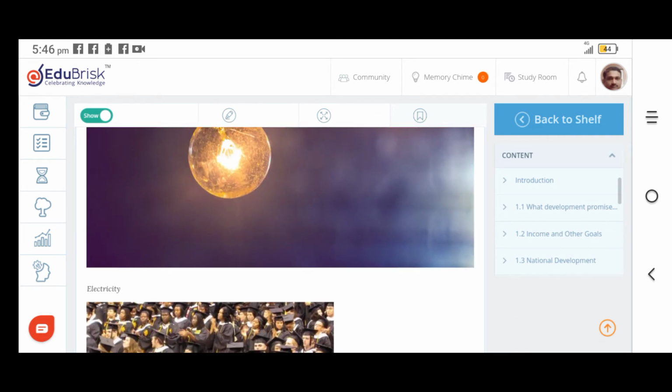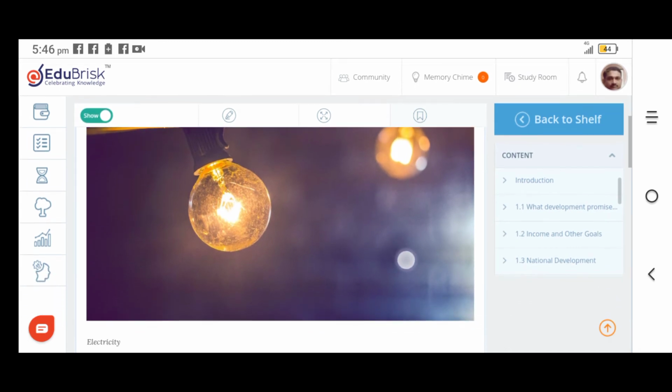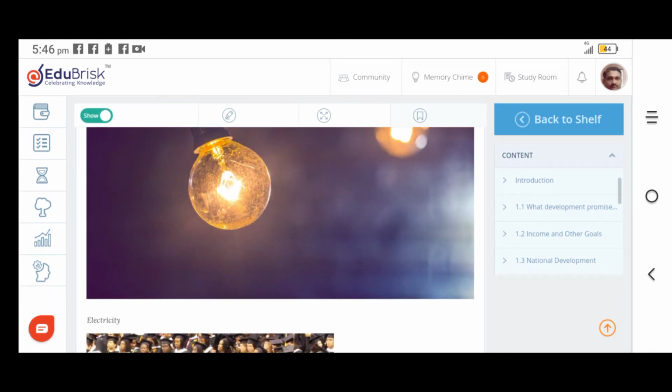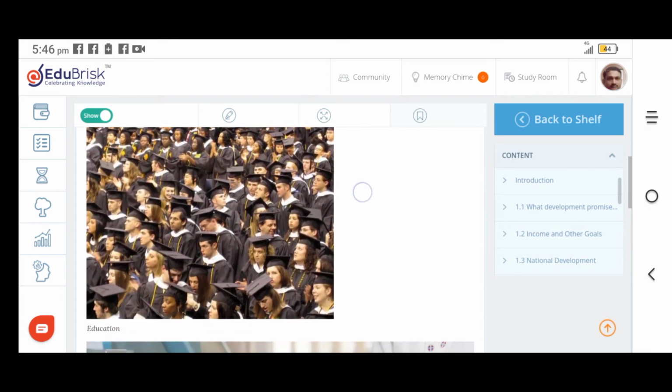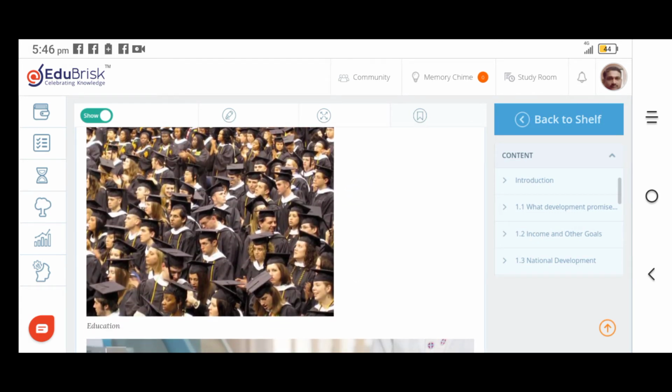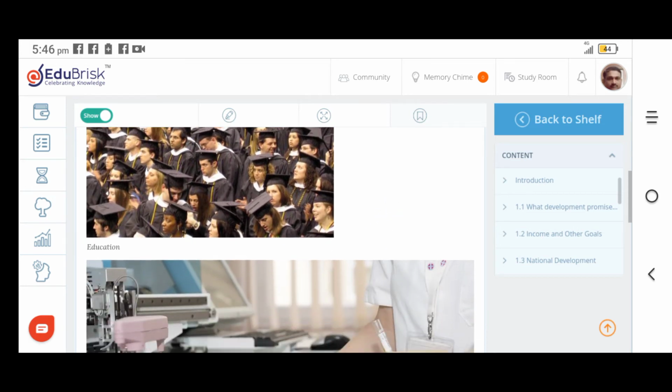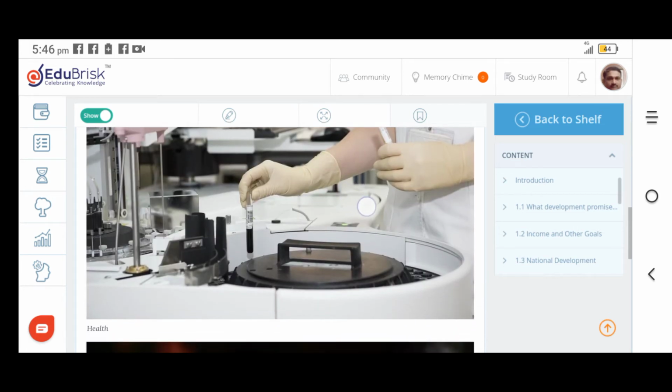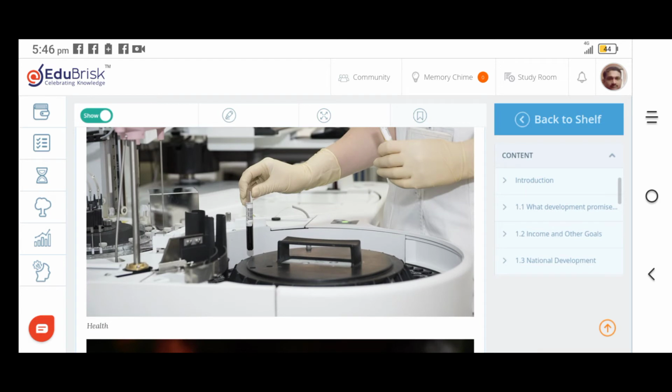Electricity is an example of collective provision of goods and services. Electricity can be provided to all sections of the people. Then proper education: education can be given to all sections of the people. Free and compulsory education to all, so literacy for all. Next, health care can also be provided to the people at cheaper rates